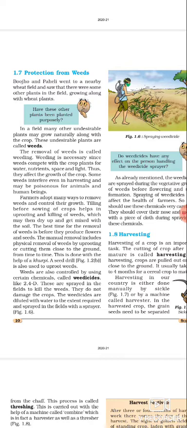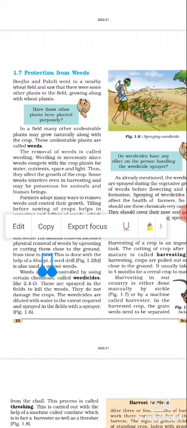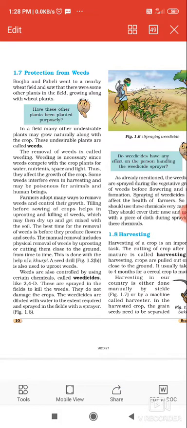The first method they have adopted is tilling before sowing of the crop. This will help if weeds have grown naturally. So while tilling, what will happen, we will cut these weeds and they may dry up and get mixed with the soil. What do you think is the best time for removing these weeds? The best time for the removal of weeds is before they come to their flowering stage, when they start producing flowers.